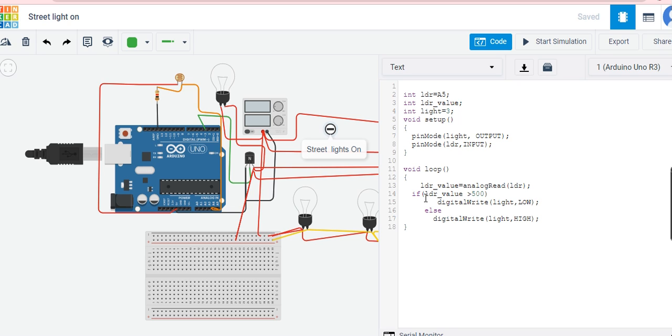In void loop, LDR value equals analogRead, that means we are reading the analog value from the LDR port A5 and storing it. If this LDR value is greater than 500, then the light should become low, else you have to make the lights on. So this is the program.